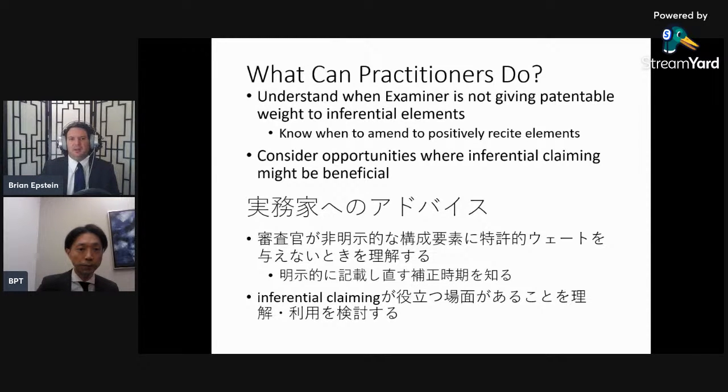And so that's what I mean: the examiner's not giving it patentable weight because the element is not explicitly recited. Again, the examiner is reasonable to do so. And so we need to know when to amend to positively recite the elements, because that's enough to overcome the art a lot of the time. We'll also want to consider opportunities where inferential claiming might be beneficial. Again, something like the AFCP program might present an opportunity where the applicant says,